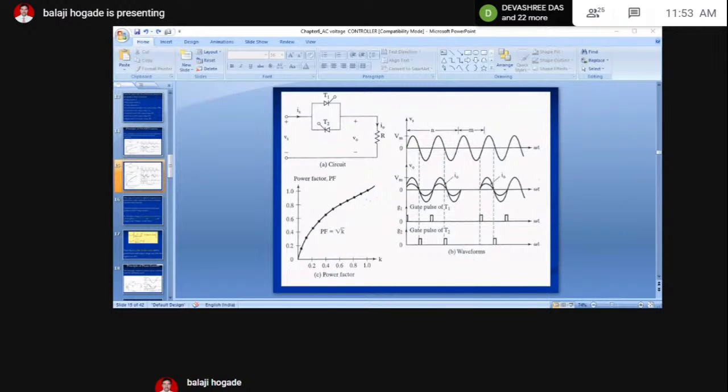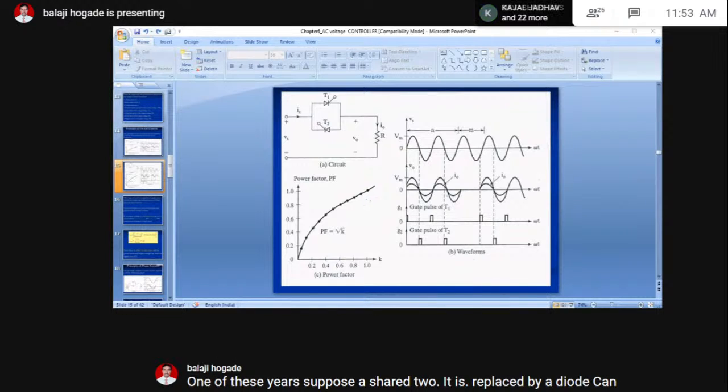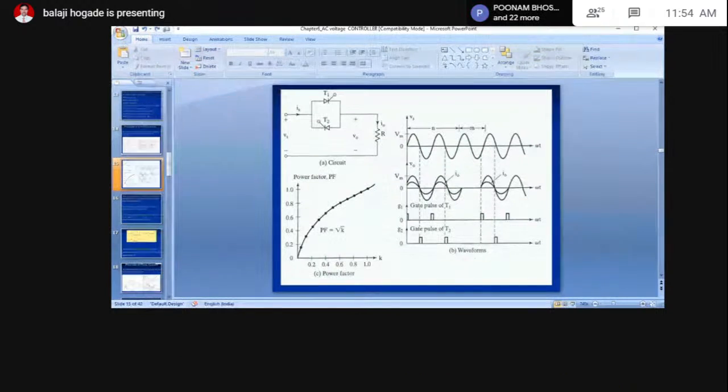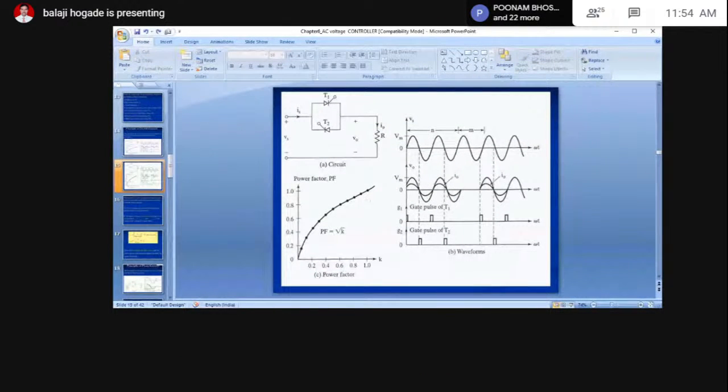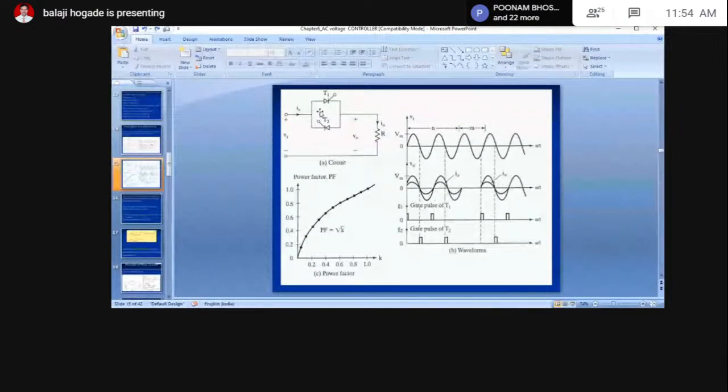Can we call it as bidirectional or full wave control? If this SCR is replaced by diode, then it will be a half wave control or unidirectional,